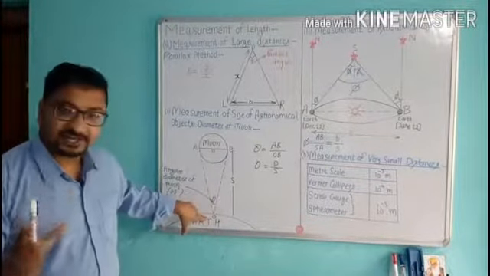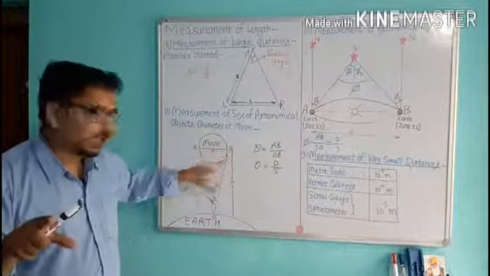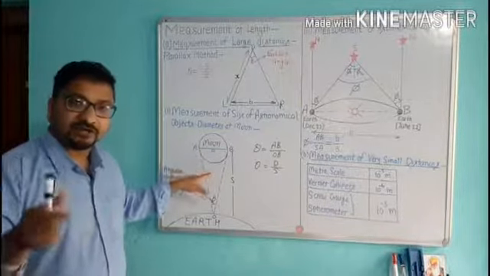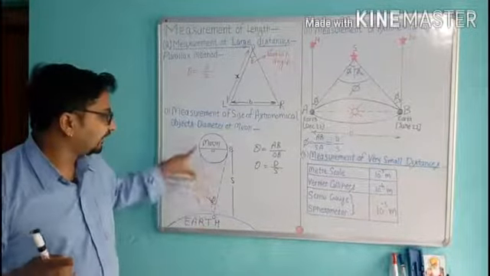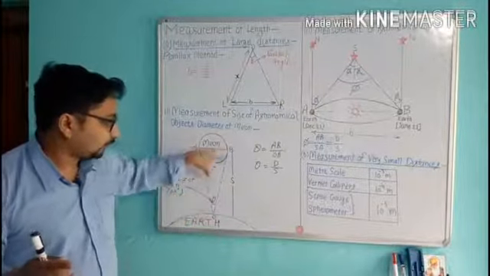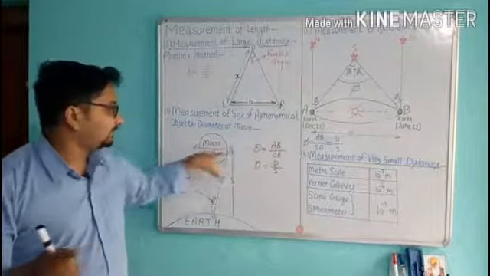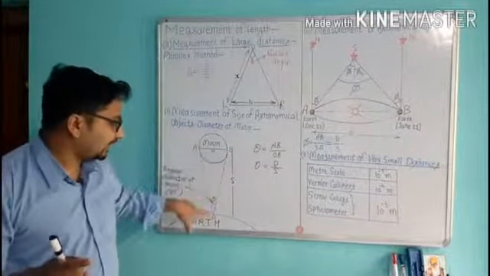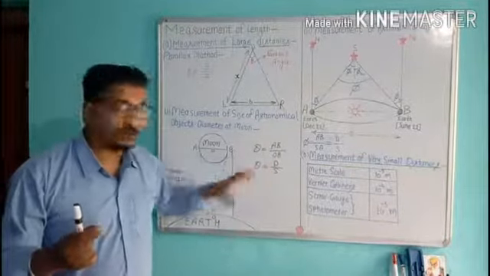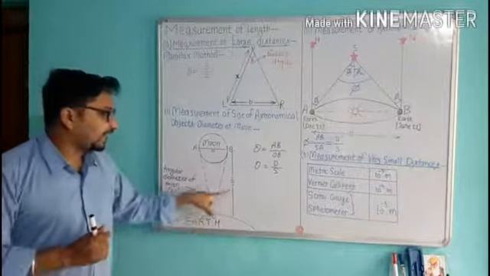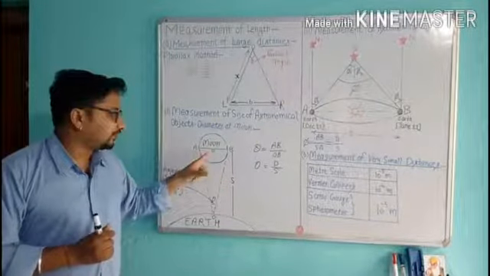Now again consider in your mind O as the center of the circle, OB as the radius and AB as an arc of the circle. Then again using the formula, angle is equal to arc upon radius, theta is equal to arc AB upon radius OB. The value of AB is D, diameter, and we consider OB as S. Then theta is equal to D upon S. By knowing the value of theta and S, we can calculate the value of D, the diameter of the moon.